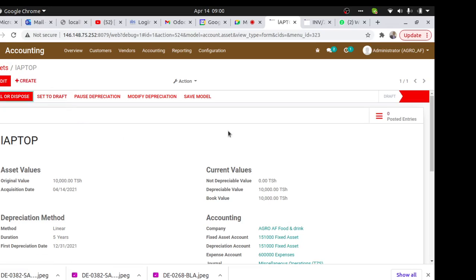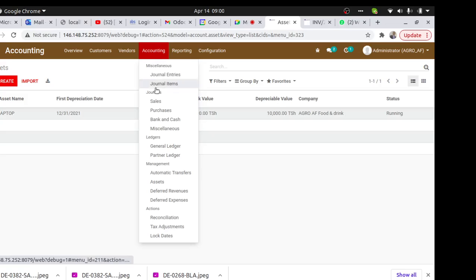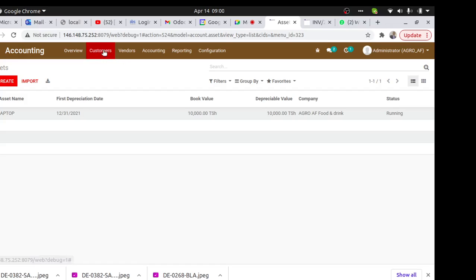For the asset, that is it. If you want to dispose, you just click dispose. Yeah, it's okay. Asset, don't worry about that. Yeah. Any other area that is important? No, I think most of them have been covered. Analytic account,